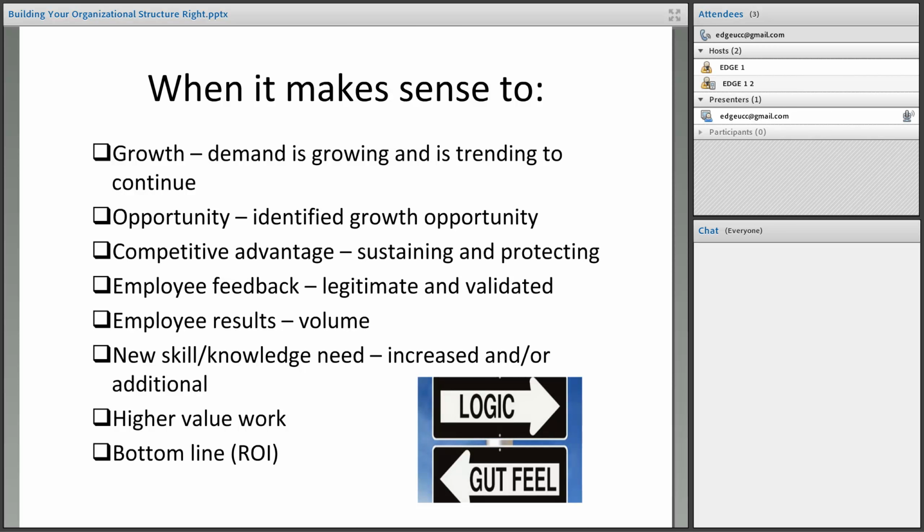Of course, there may be an issue with them just getting through the existing volume that they have. This will happen often when you have an employee responsible for particular responsibilities and the organization has grown so much that they can't handle the volume coming in. So when you have an individual picking up the phone and there are more phone calls coming in, of course, the person can only pick up so many calls at once.